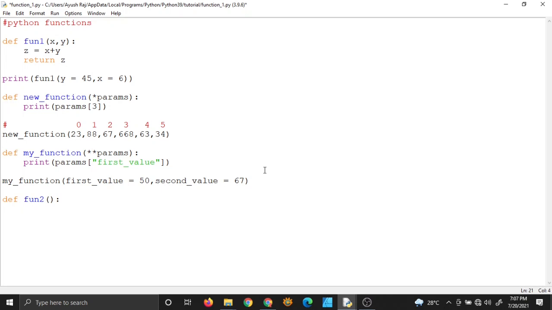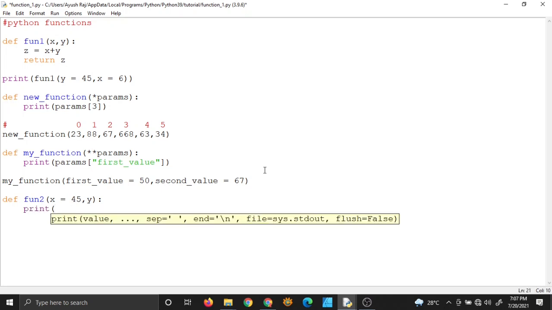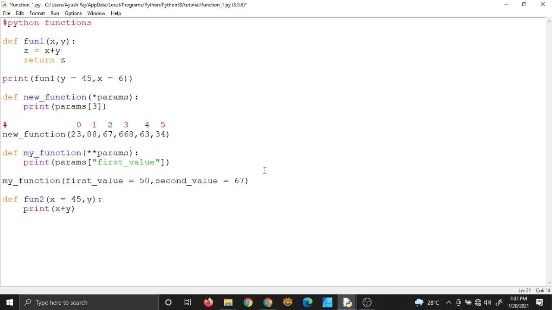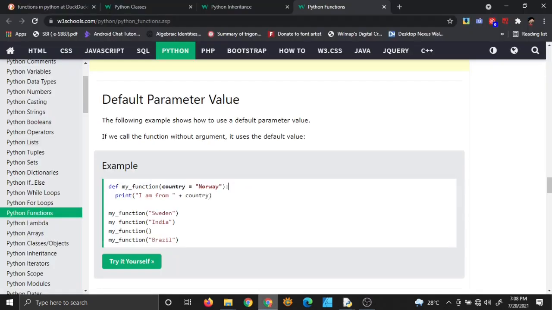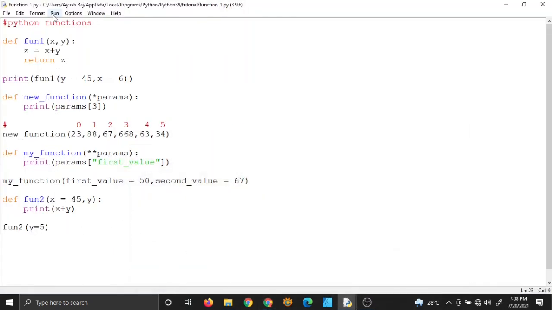So now what I will do inside fun2 is I have x and y again, but I will put the value of x as 45 by default, right? And I will print x plus y. Okay. So when I call my function fun2, I will only specify the value of y, right? And it will automatically take the value of x because I have a default parameter value, right? Let me run this,